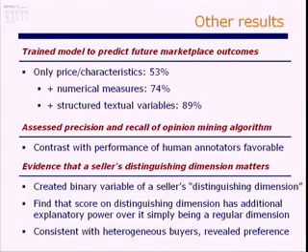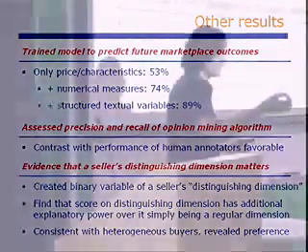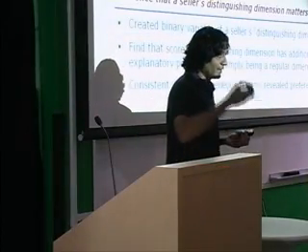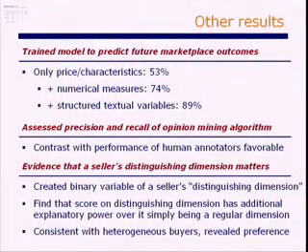And the final thing we did was based on the conjecture that, suppose a seller has conducted a transaction. I started by saying that sellers are different. They're heterogeneous in their ability to provide these different fulfillment characteristics. This test goes one step further and says, given that a particular transaction has occurred, it's also more likely that the buyer who participated in this transaction values what that seller is good at.